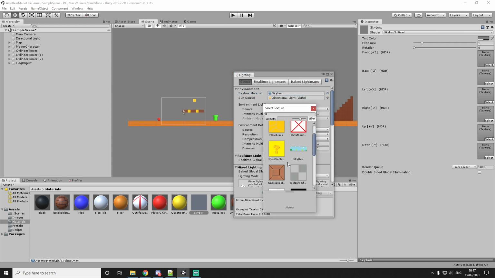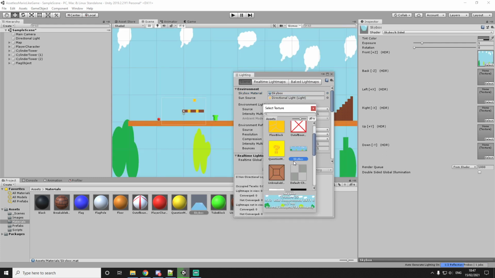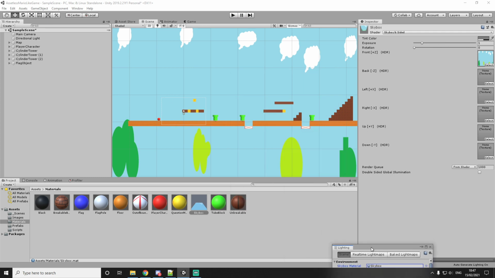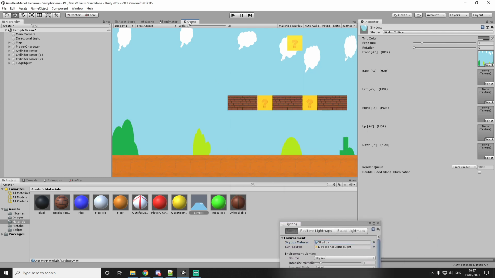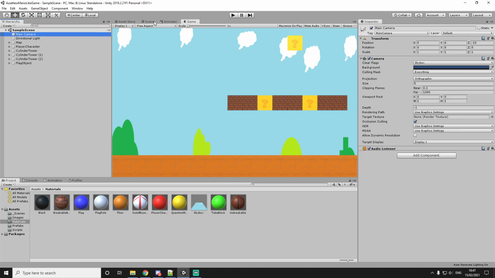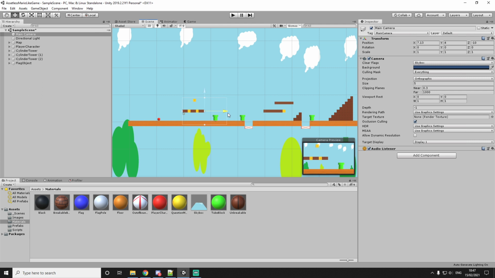And what happens if we put this for the front? It doesn't look as good as I wanted it to. Oh, it's actually alright. Yeah, we're just gonna leave it as this. It looks alright. So what's gonna actually happen is, if we look at the camera,